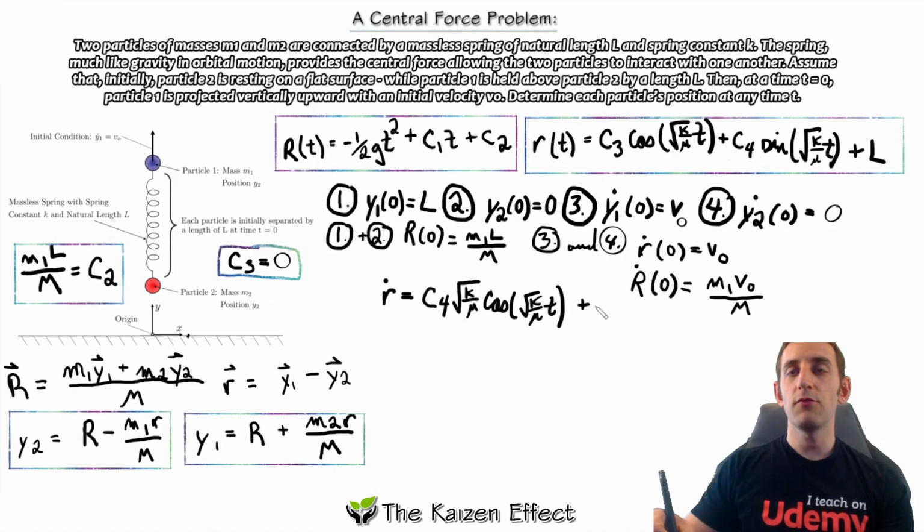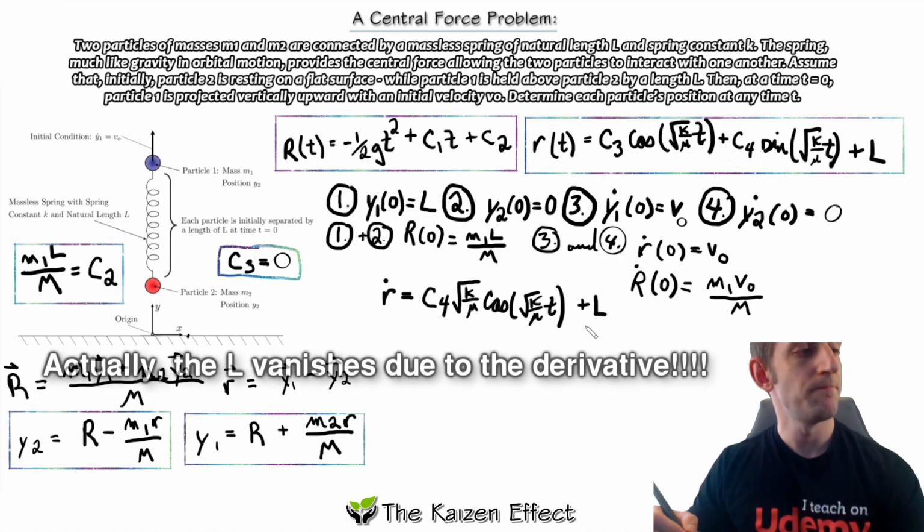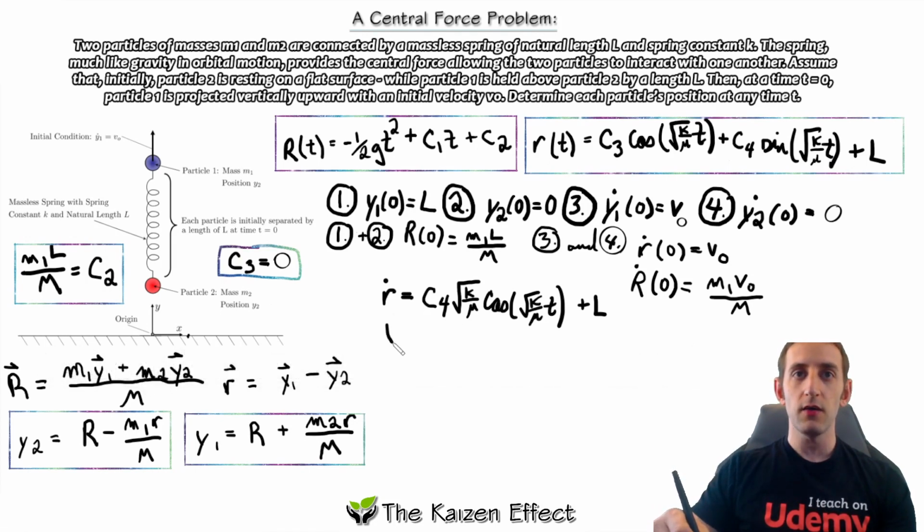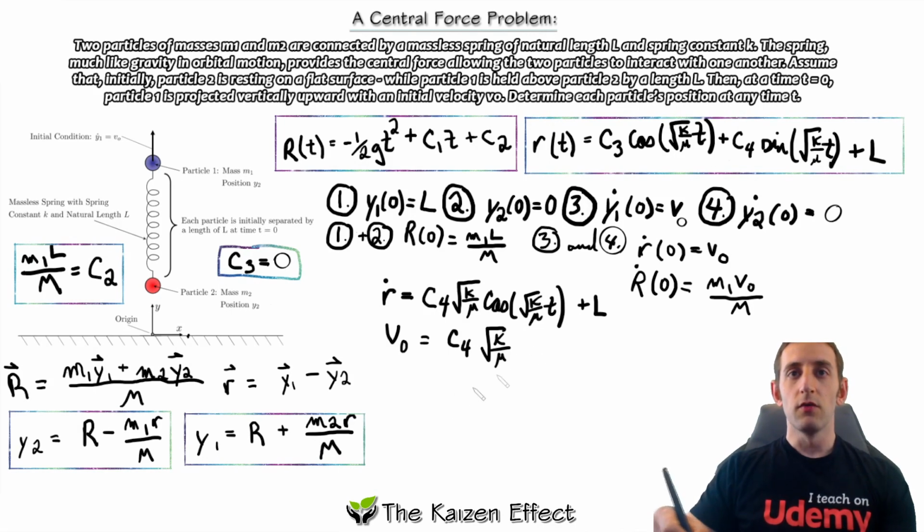And then we have to add an L. So when we consider the point when t is equal to 0, what we end up with is a V naught. V naught is equal to, again, 0 in for cosine. Cosine 0 is 1. This is going to be C4 times root K over mu, our omega in essence, our frequency. So when we solve that, we get